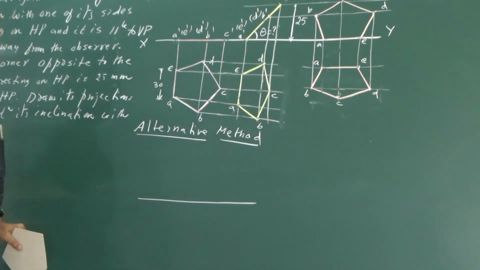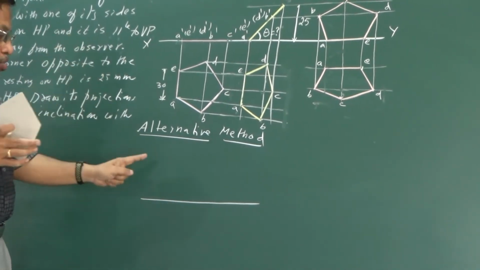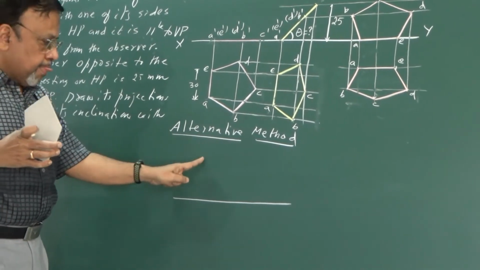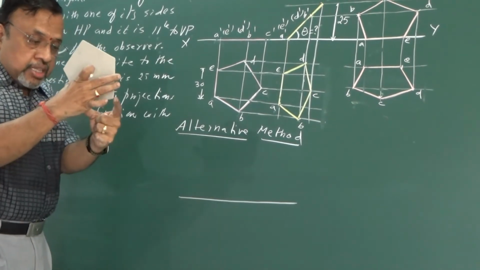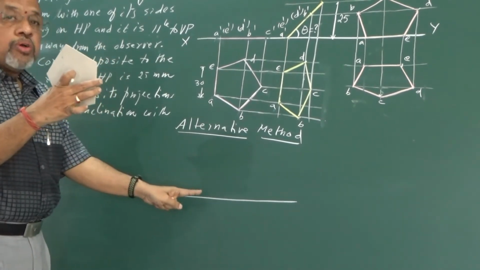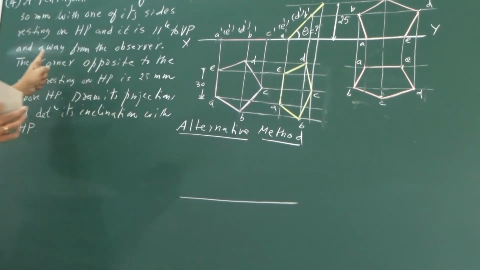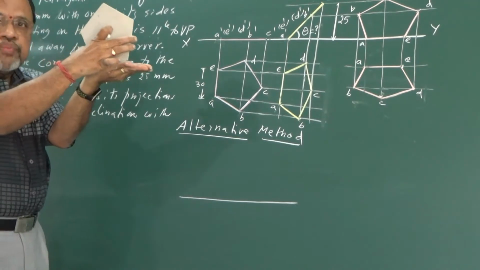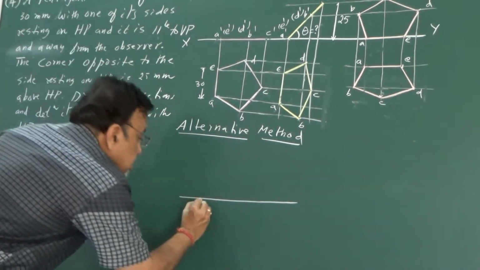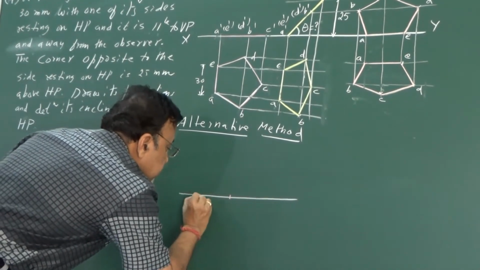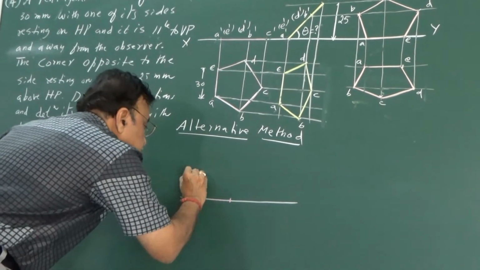So anyway, I am considering this lamina to be parallel to VP. So what will be parallel to VP? The true shape and size will be seen in the front view. I need to start from the front view such that this particular side is on X1, because I want a particular side to be on HP itself, since one of the sides is resting on HP. So I am considering it in this way only. Since I want to consider it this way, one of the sides is here itself. One side is here. Then let me complete this.